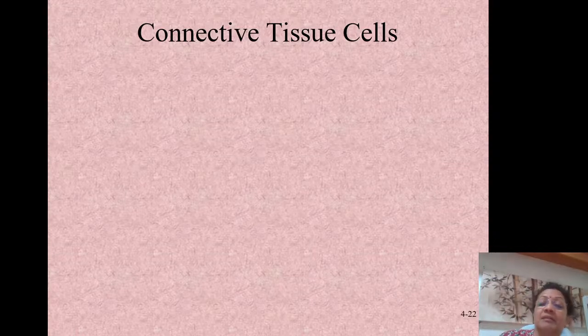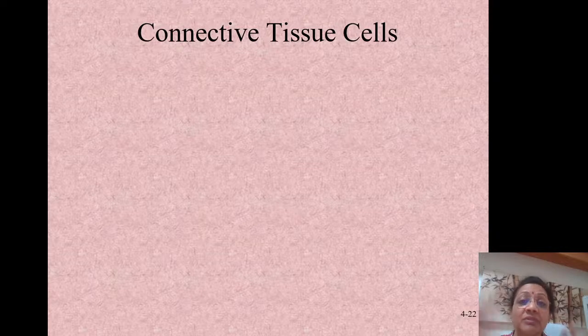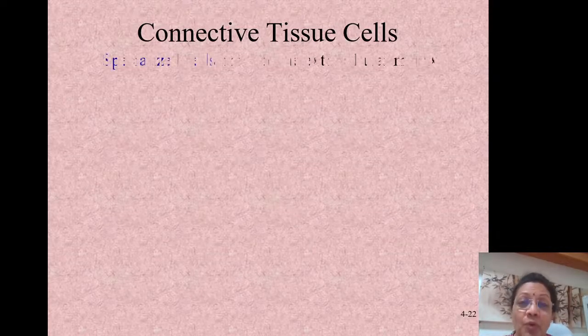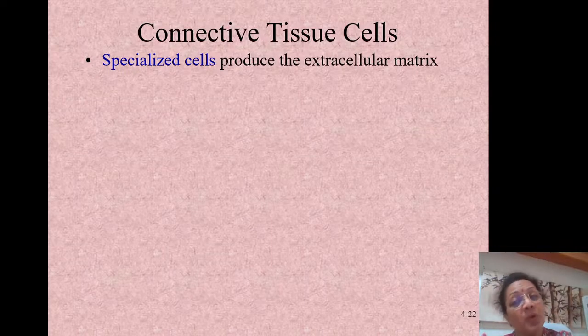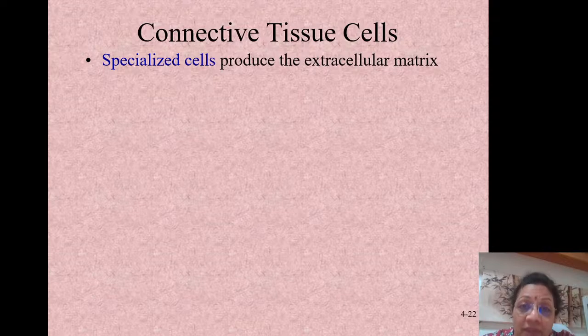The cells which are there, we already said, compared to the bulk volume of the tissue, the number of cells is less, right? And other elements, intercellular elements, are more. But the cells are again of a very wide variety. They are specialized cells which have to produce that matrix. Whatever is in between the cells is some stuff, some molecular stuff, and some fibrous. We already mentioned there will be lots of fibers. So who will produce this material? Some living thing only has to produce it. So the cells which produce that extracellular matrix are